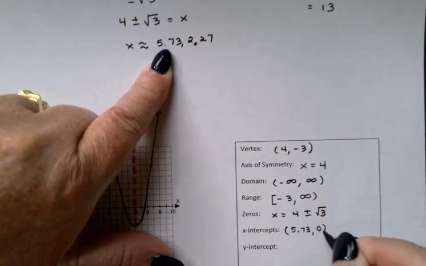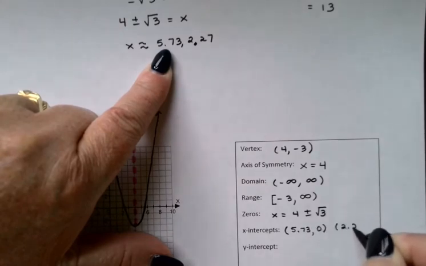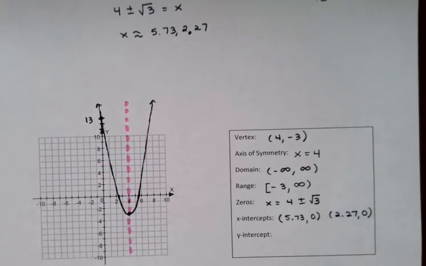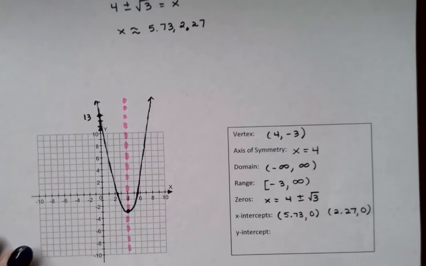5.730 and 2.270 would be my x-intercepts. Again, that was just a choice that I chose to use the exact value here and the decimal approximations there. When you're doing homework in my math lab and so on, they always tell you what they want, so just